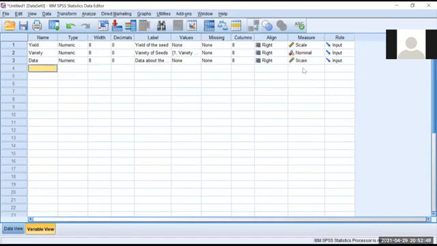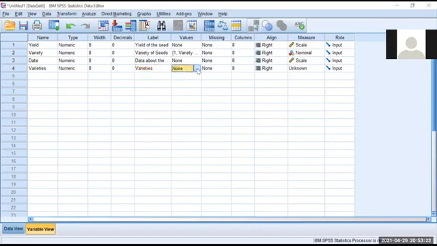And the next variable is, what is the first variable? First factor, variety. So we will take it as varieties, because variety is already there in the name column and it will not be considered. So we have to take varieties, and decimal will be 0. Yes, we can have it as varieties itself.